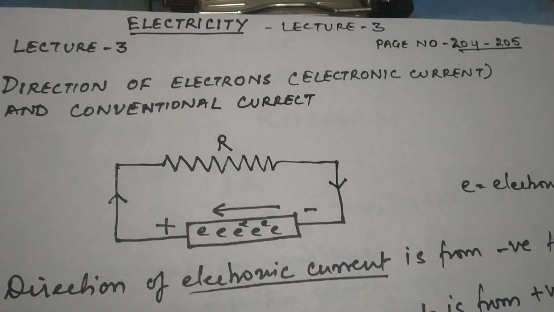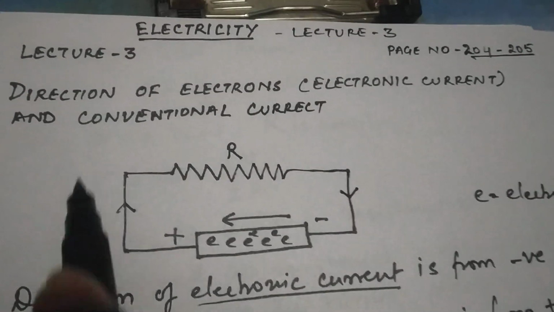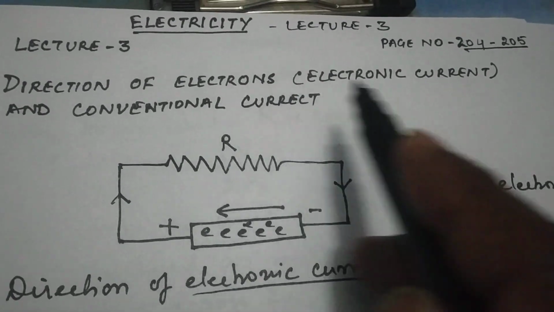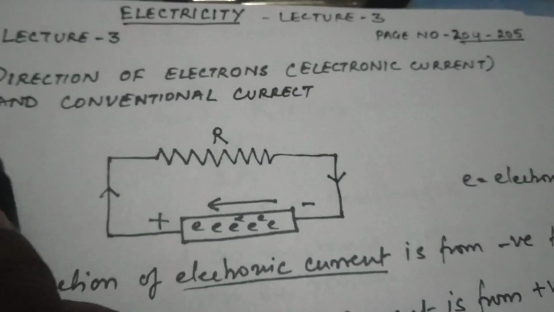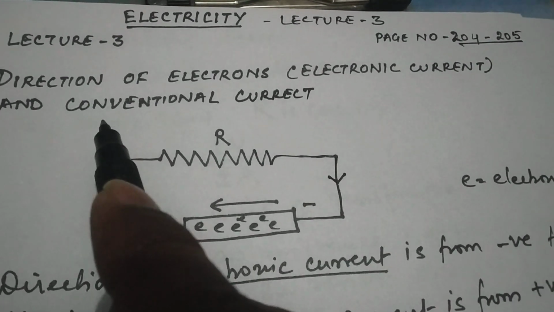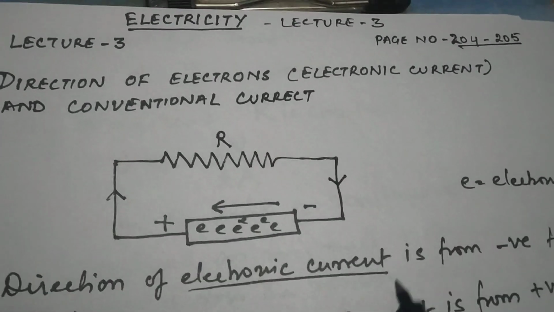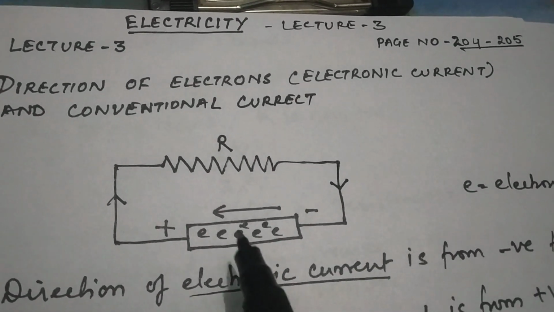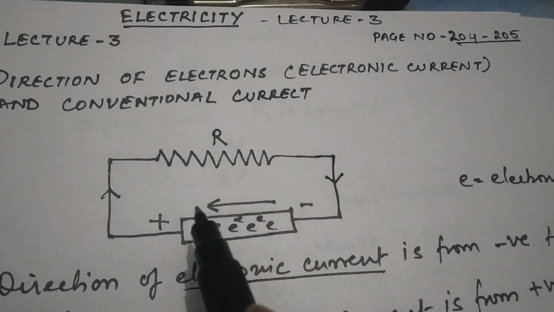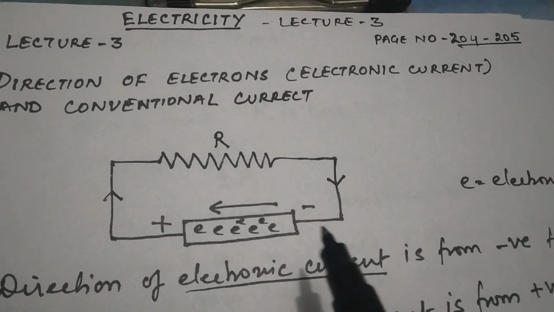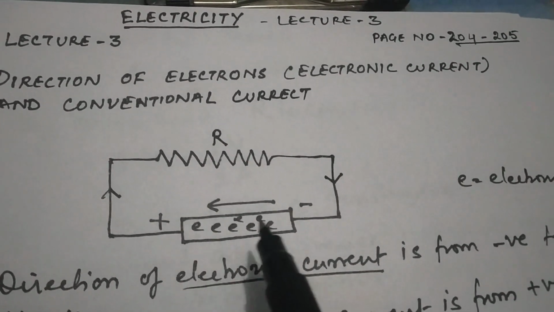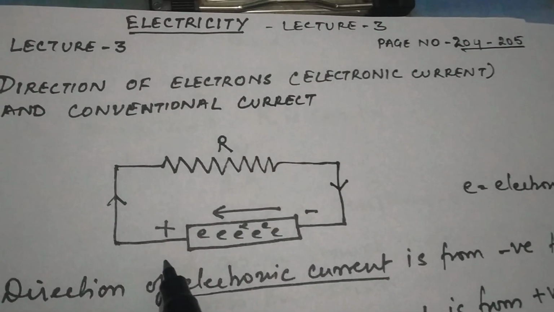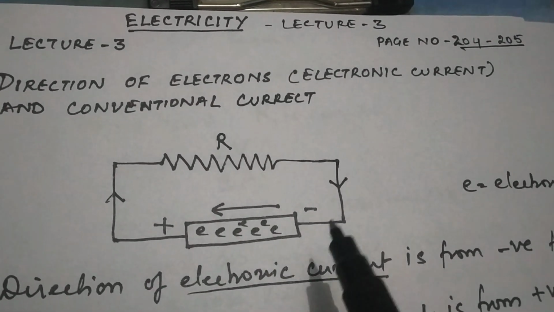Now let's take the first topic. It's called direction. You can see the direction of electronic current, that is electrons, and direction of current, that's called conventional current. Please refer to this diagram properly. This is the cell that we have connected, the source of electricity. There are the electrons in them. This is the resistance that we have connected to it. So when we switch on the current,